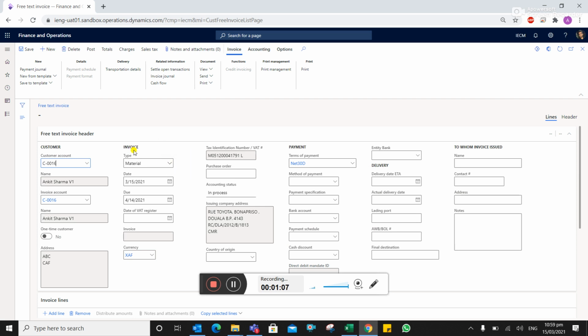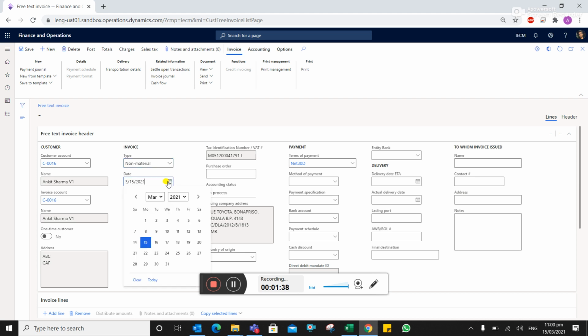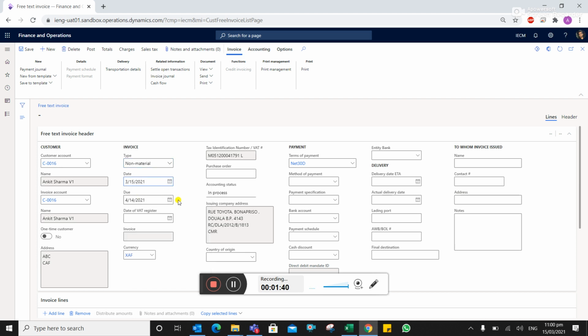Next we'll move to the invoice section, and there is one particular type that we want to select from this drop down, either material or non-material. So basically the material invoice is where we are actually involved in supply of material. For services, we can use non-material. In case there is supply of material which is very minimal to the main contract, you can also classify it as non-material. From here you can select the date of the invoice, you can change it, you can also